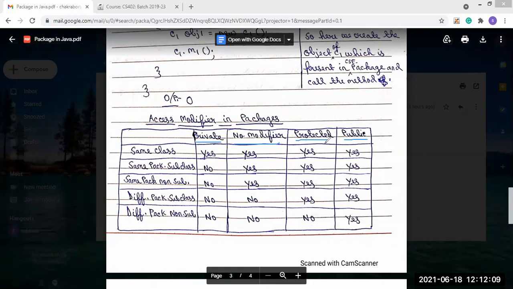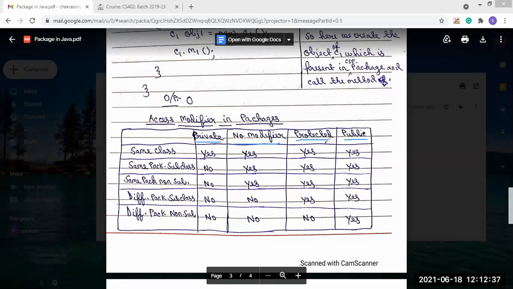subclasses present in the same package. Subclasses means inheritance, from parent to child, so a subclass means a child class. If the child class is present in the same package, the private access modifier doesn't work.